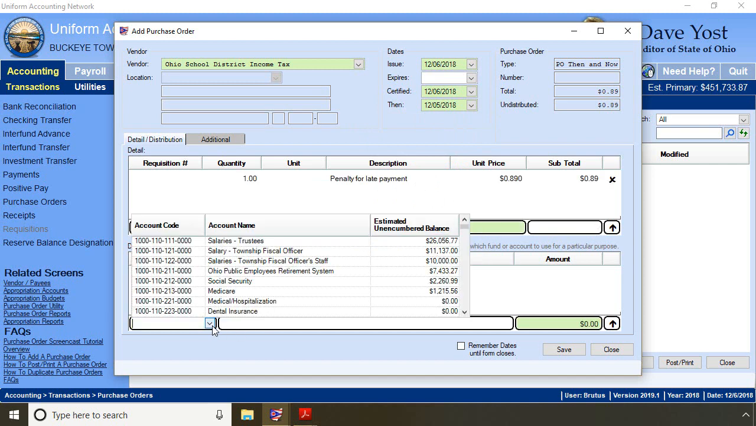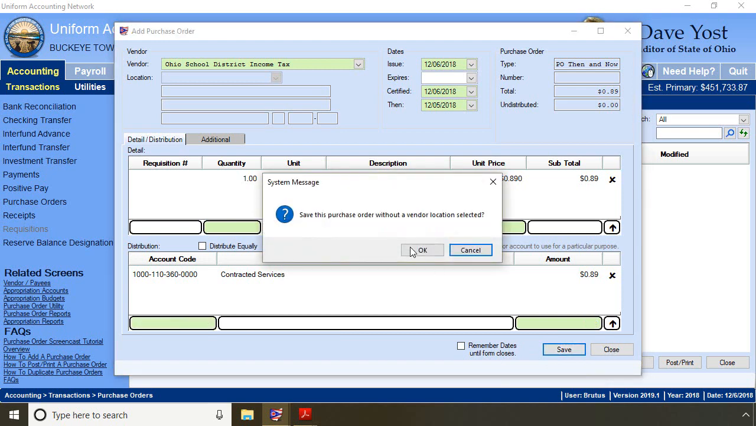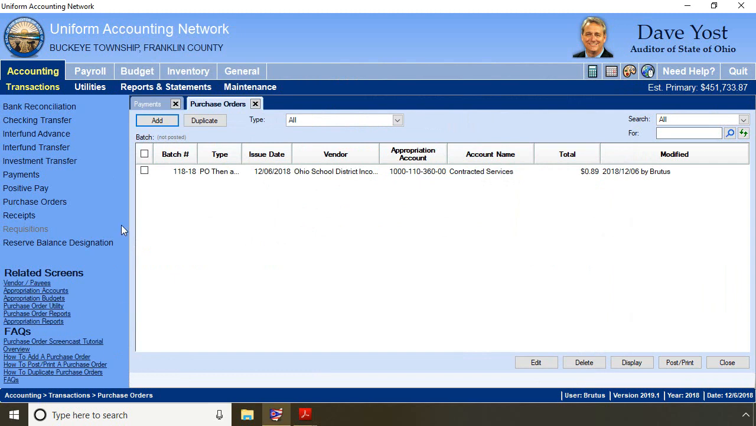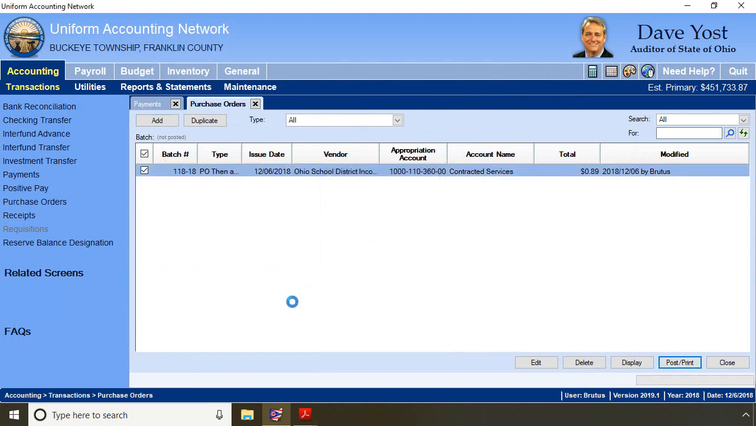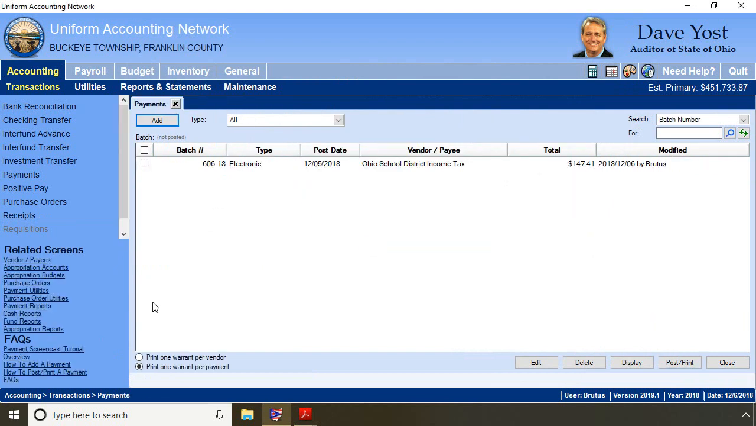And I distribute that. Make sure you're applying your penalty to the proper appropriation account for your situation. Our account codes are examples only. And now that I've distributed my entire 89 cents, I can click Save. I don't need a vendor location, and close. I post my purchase order, and it printed successfully. Now I can edit my payment,